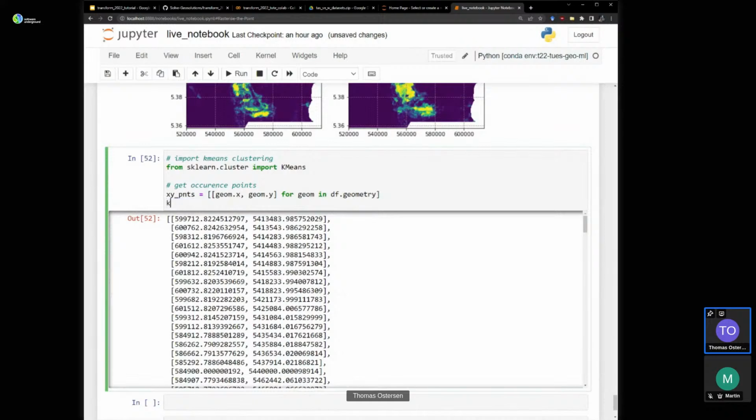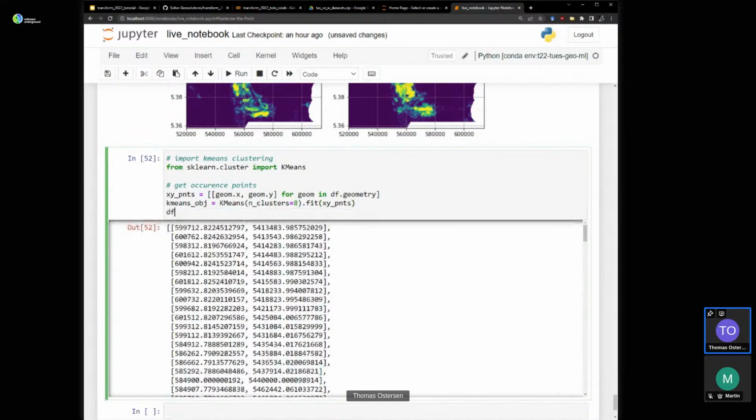So now let's instantiate a k-means object. K-means, I reckon there's about 8 clusters, so we'll say n clusters equals 8. And we'll fit that to our xy points. Then we'll append a new column to the data frame, and we'll call it labels, containing the object labels.